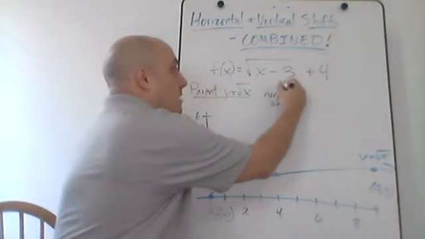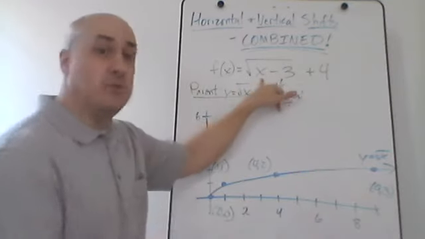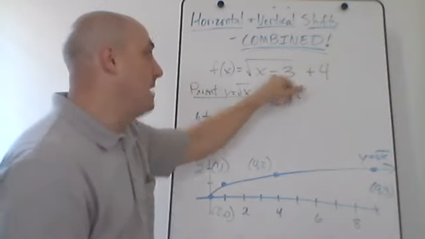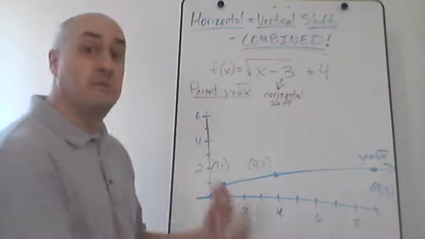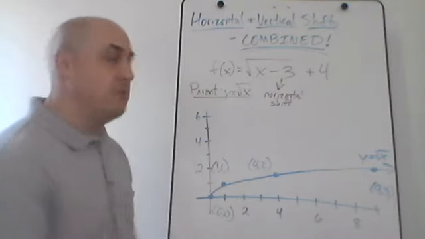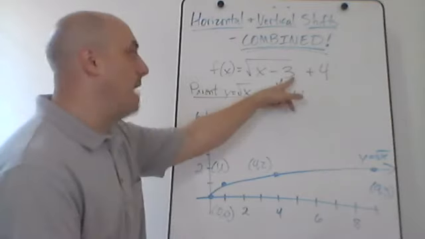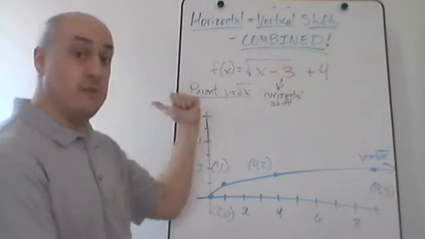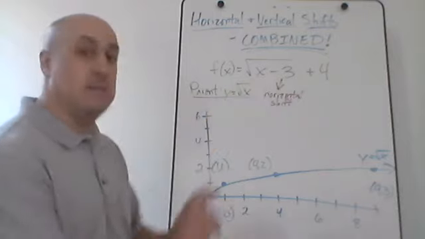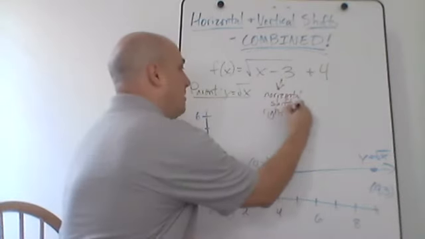Now, horizontal means to the left and the right, right? Which makes sense because this -3 is happening to that x value, right? It's x -3, so that -3 is going to affect the x, which is the left and right, the horizontal direction, right? The tricky part of this is it does the opposite of what you would think, right? You would think that -3 would mean move it to the left 3 units, but -3 actually means move to the right 3 units. So it's going to be a horizontal shift to the right 3,